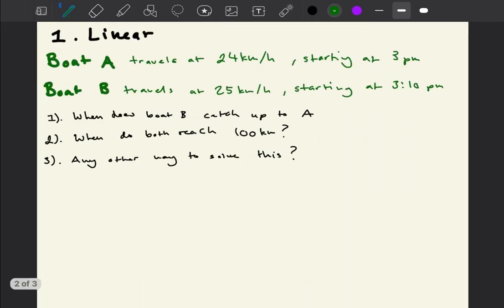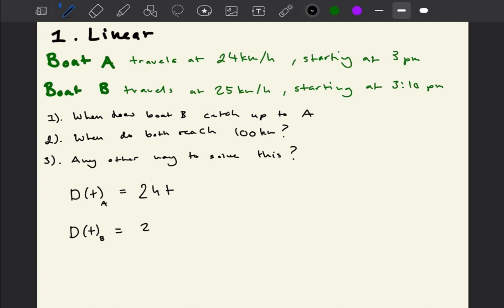To do this, first of all, let's establish the functions that we are going to use for these equations because we're modeling functions. So let's say distance based on time of boat A. That's how we're going to define it. Well, it's just 24 kilometers every hour, so every t, where t is an hour, and it starts at 3 p.m. Boat B, on the other hand,